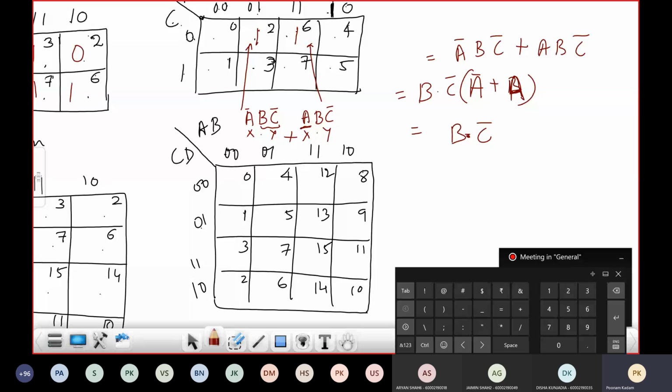B is 1 here and also 1 there. C is 0 here and C is 0 for this also. So the values of B and C are the same for cell number 2 and 6. What is different? The value of A. So only A is differing. So we can combine these two cells together and remove A. So what I am saying is that we can